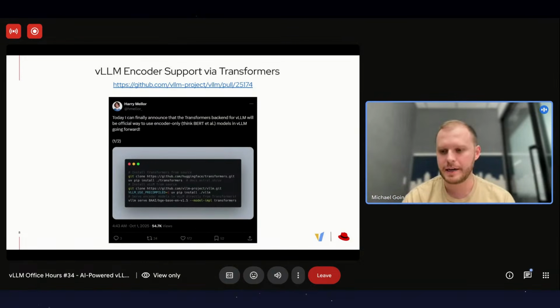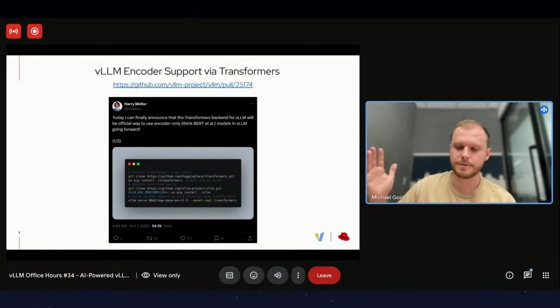And so one thing we've been working closely with Hugging Face on, and they've done a great job, is making it so that we can support most of these encoder-only models by relying on the actual transformers model definition and doing various passes within vLLM to substitute in the modules we need into the transformers model definition. This prevents a ton of duplication and possible problems that we could have by needing to write a custom model definition in vLLM, like we do for many of our state-of-the-art large language models. And of course, it expands to the hundreds of different encoder-only model architectures that we don't spend that much time optimizing in vLLM, but